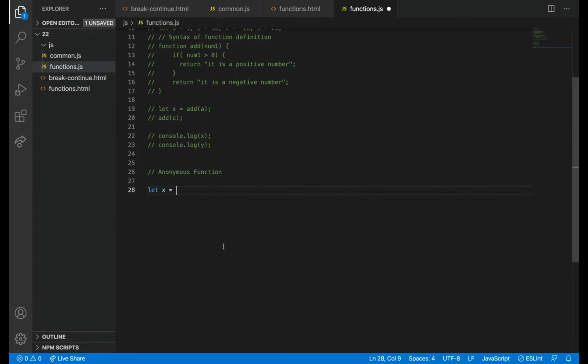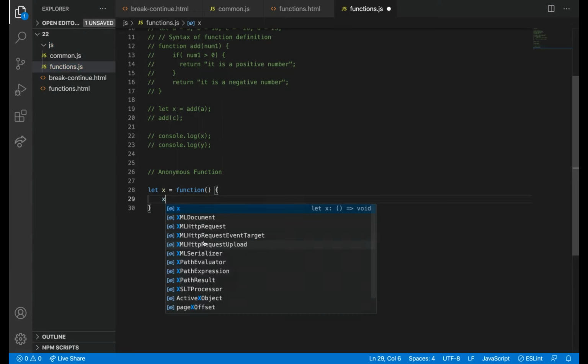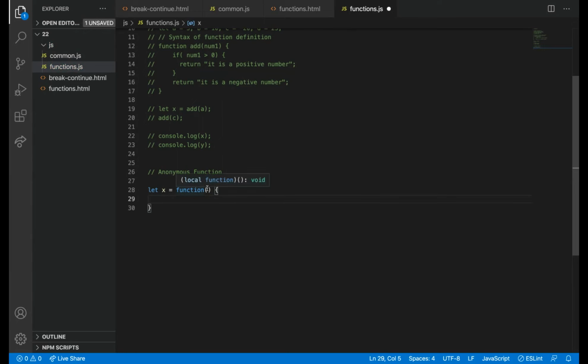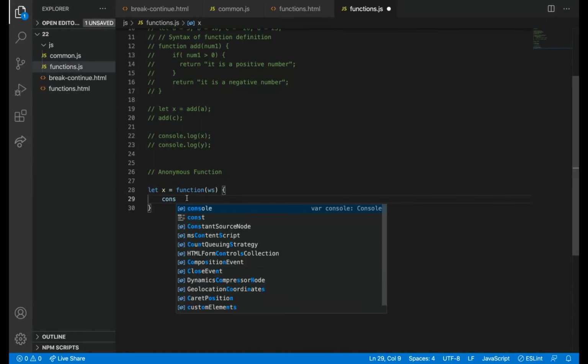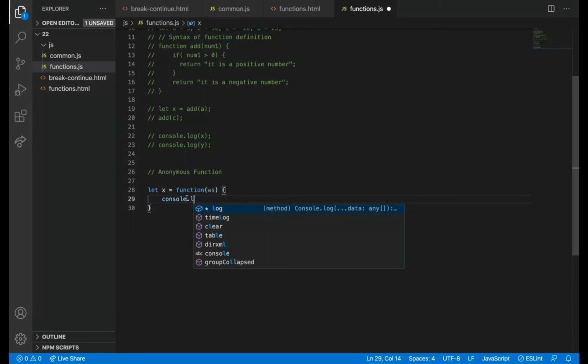Let x is equal to function of, you can say it takes the same thing. Welcome string, we can take ws, and then console.log ws.